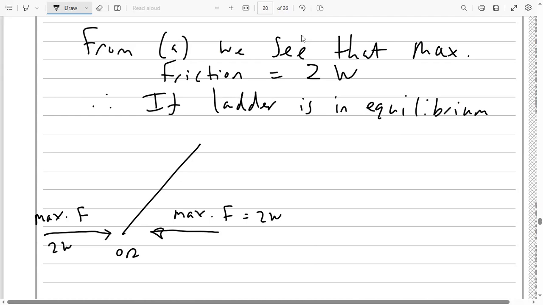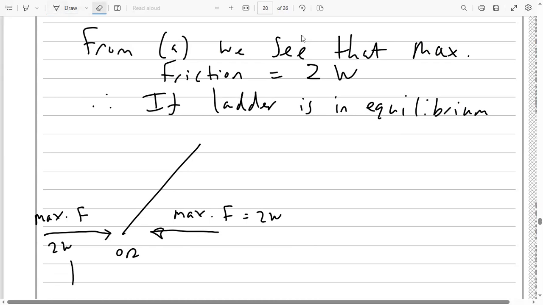So we don't know the direction, but we do know that it's going to be between two values. The force going to the right could be between 0 and 2W, and the friction going to the left could be between 0 and 2W. So basically the magnitude, the modulus of this friction force,